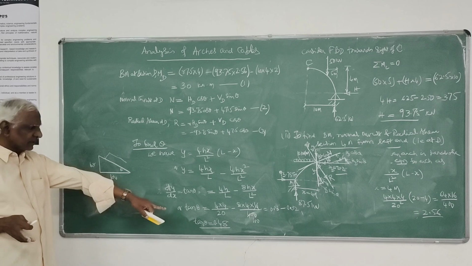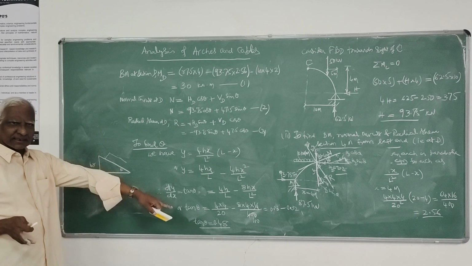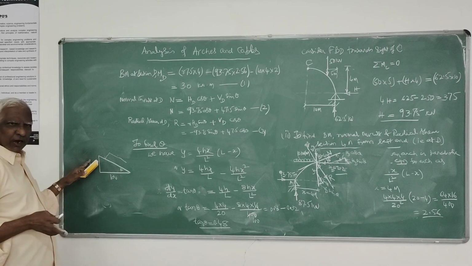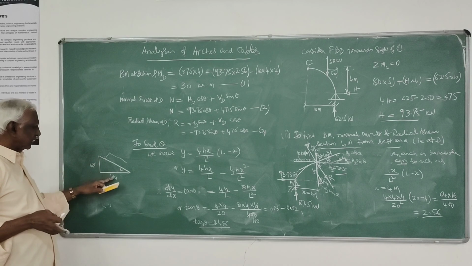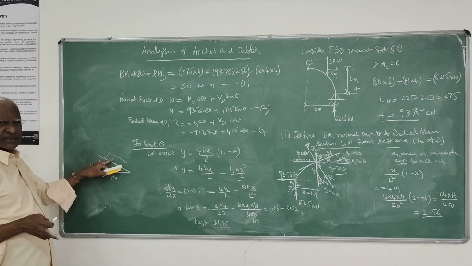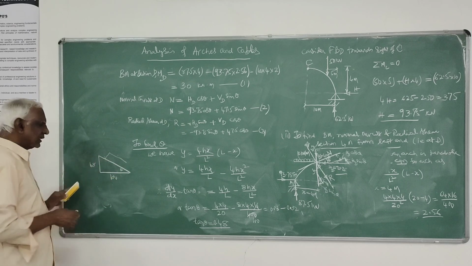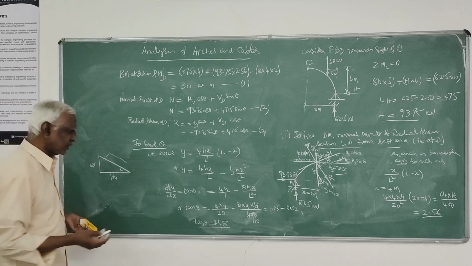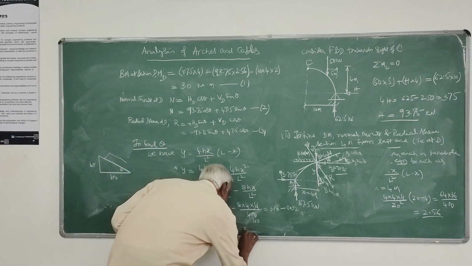Tan theta, you know that is 0.48, that is nothing but 48 by 100. So 48 should be the opposite side, 100 should be the adjacent. You find the hypotenuse, which is nothing but the square root of that. So sin theta, cos theta, you can evaluate. You have to get the same solution. Either way you can find out.